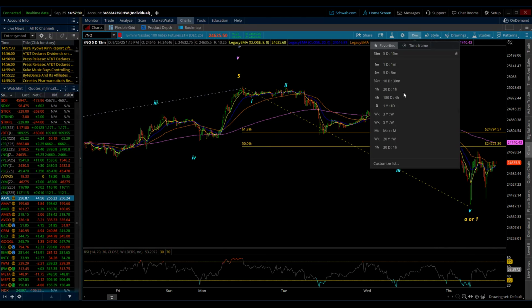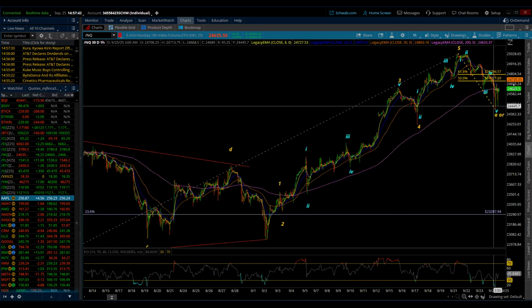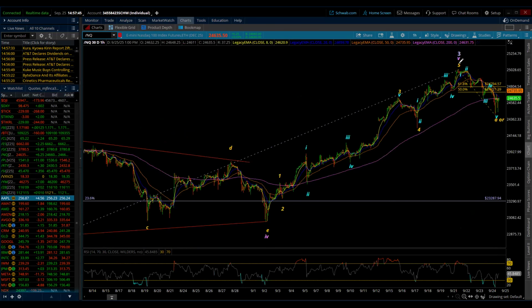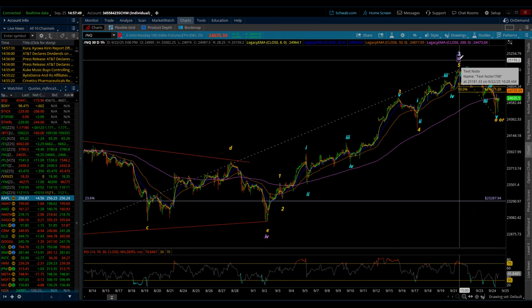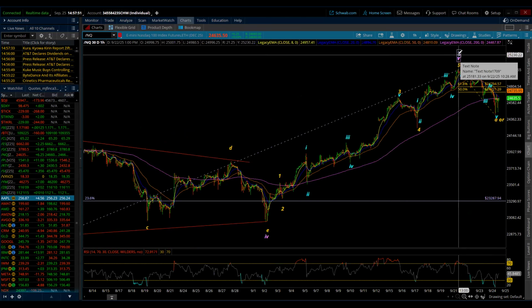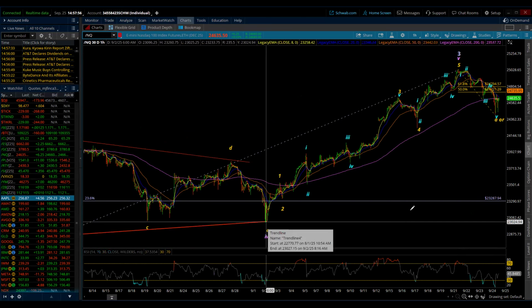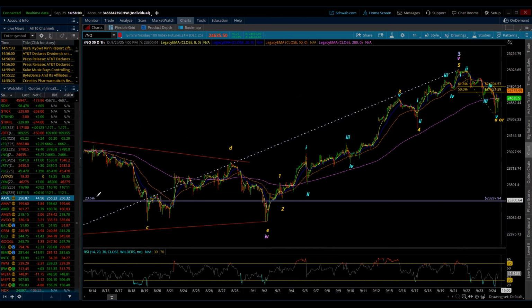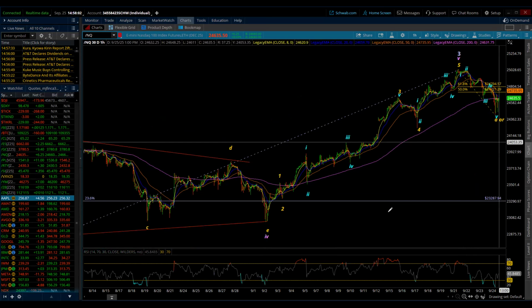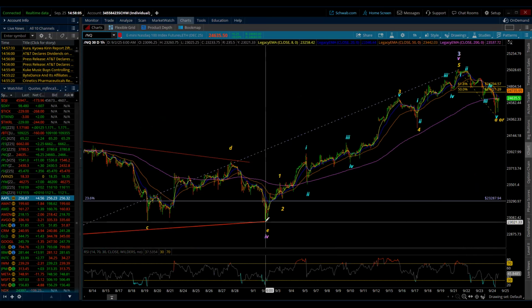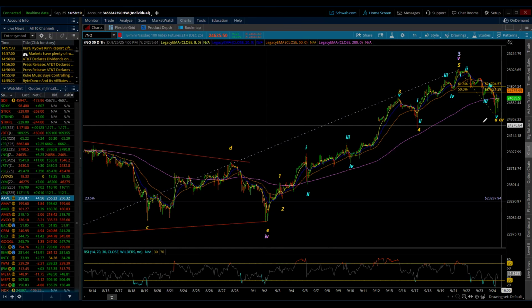So to give it a little bit further breakdown, I'm going to go back out to my hourly chart. What we're looking at is an ABC of minuet degree to finish the minute fourth wave. We're looking that eventually the market should retrace back to minimally 23,287, which is 0.236 for that fourth wave. But there's the low of the previous fourth wave, and that came in at 23,025. So roughly about a 2,000 point drop. And I think we're well on our way.